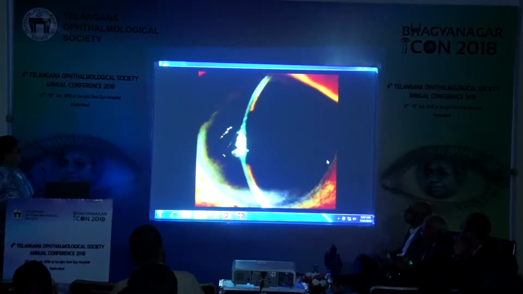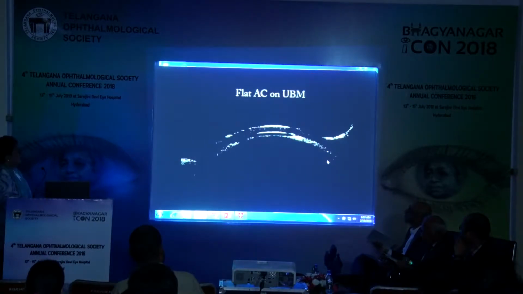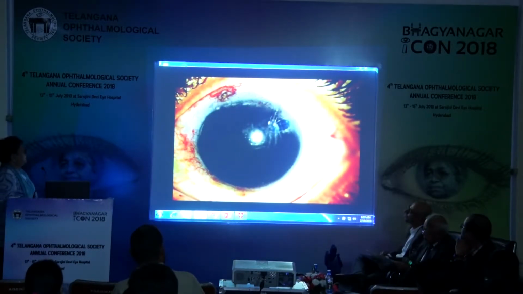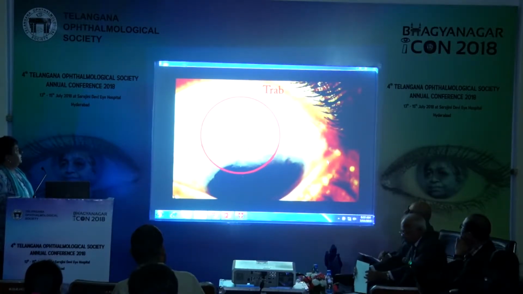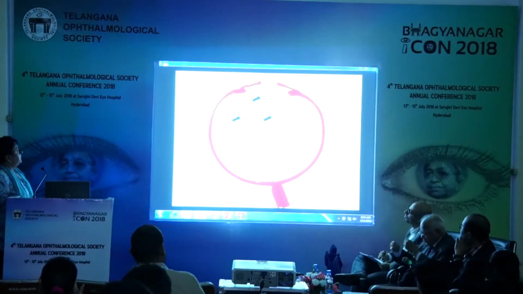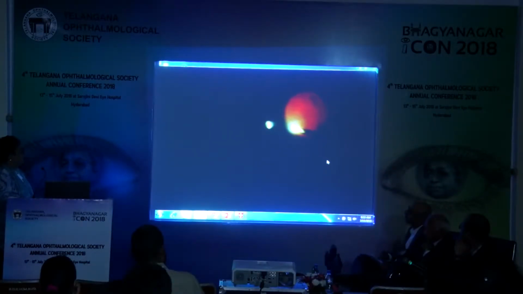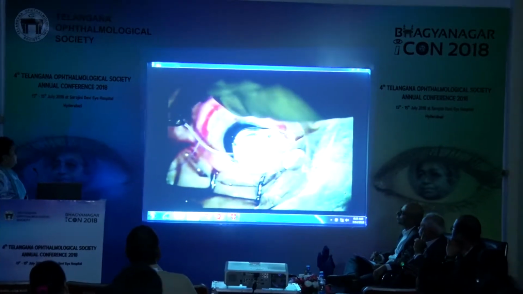Aqueous misdirection is a dreaded complication, but fortunately very rare. It usually occurs after intervention for angle closure glaucoma. Our patient also had primary angle closure glaucoma, for which she had phacotrabeculectomy in the left eye elsewhere. Following her surgery, she developed aqueous misdirection, for which she then received a pars plana vitrectomy and Ahmed glaucoma valve, also